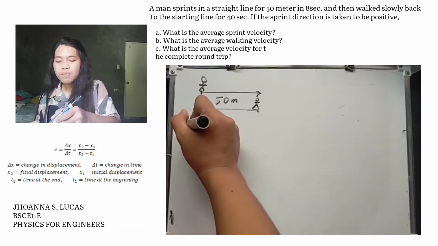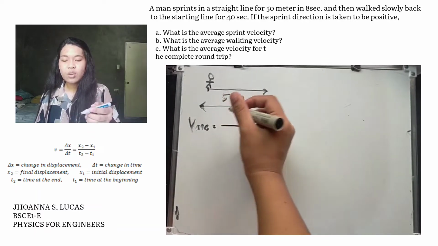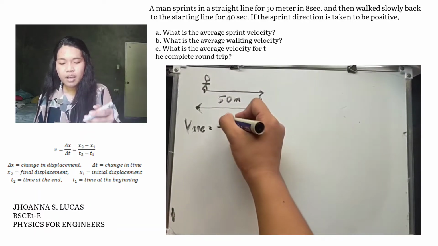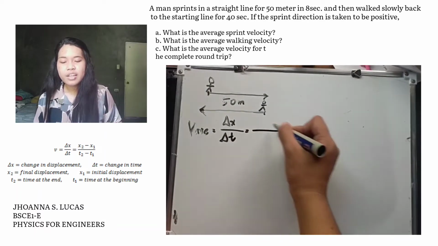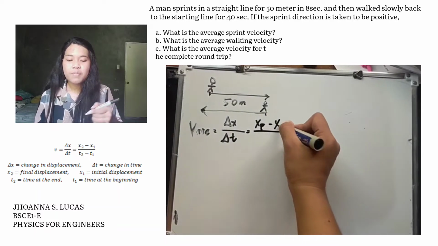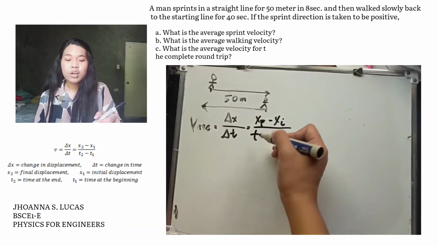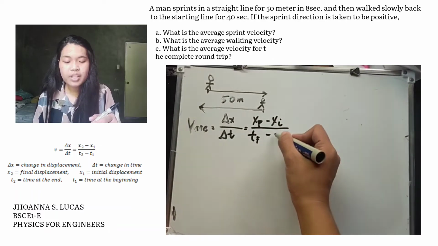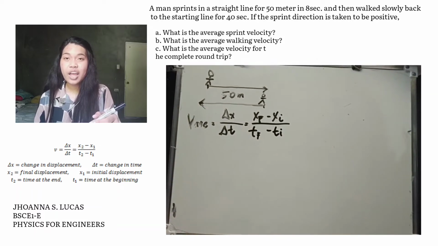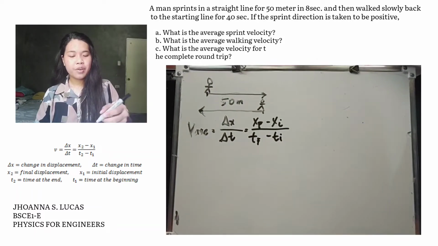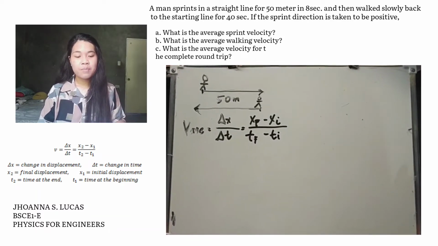It is v sub average, or average velocity, is equal to delta x over delta t, where delta x is equal to x sub f minus x sub i, and delta t is equal to final time minus initial time. It is easier for us to solve the problem if we first identify the numbers that we need